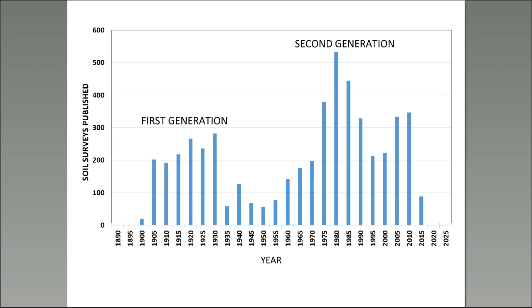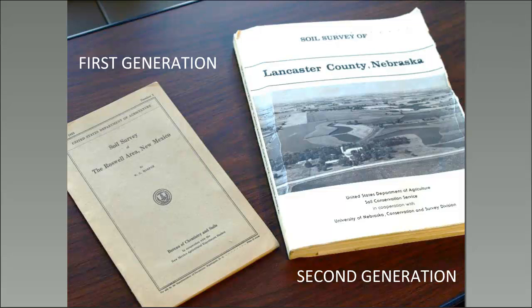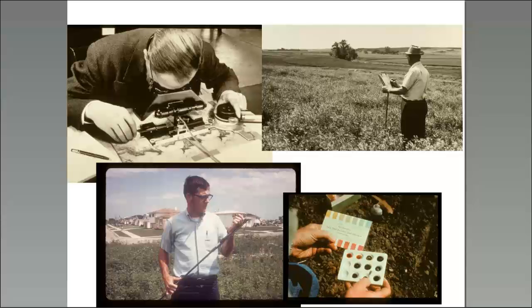Okay, so just to get a sense of the soil survey activity, if we plot those published pre-1940, we call those first generation. Then you can see how things quieted down during the Depression and during the war. After the war, you had a lot of the World War II vets coming back, and in 1951, you had the next soil survey manual, and it gave rise pretty much to the second generation of soil surveys, shown as an example, Lancaster County,